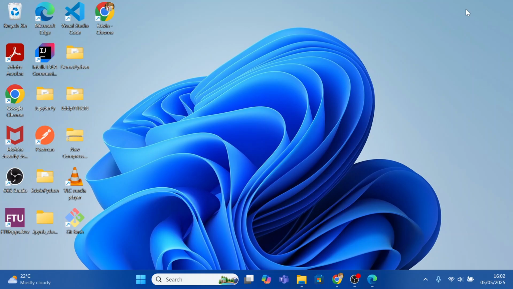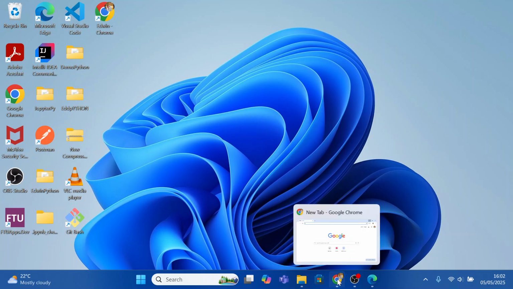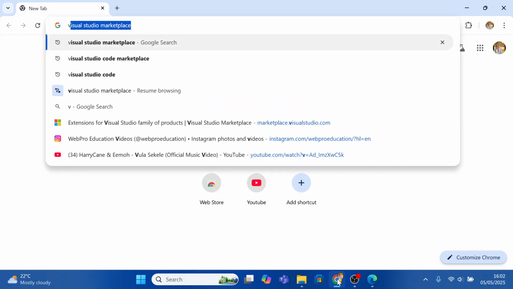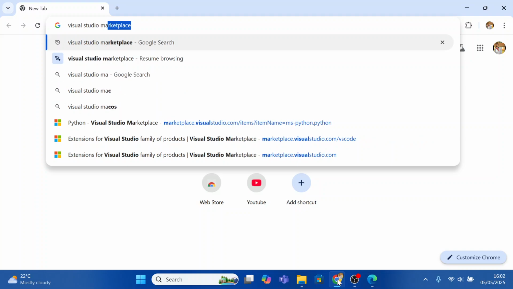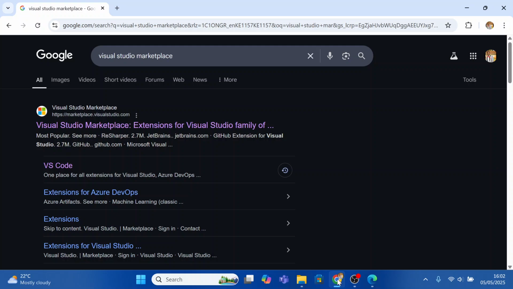So in this tutorial, we learn how you can easily install any extension from the Visual Studio Marketplace. So first, open the browser of your choice and type Visual Studio Marketplace and press enter. Click on the official link visualstudio.com,